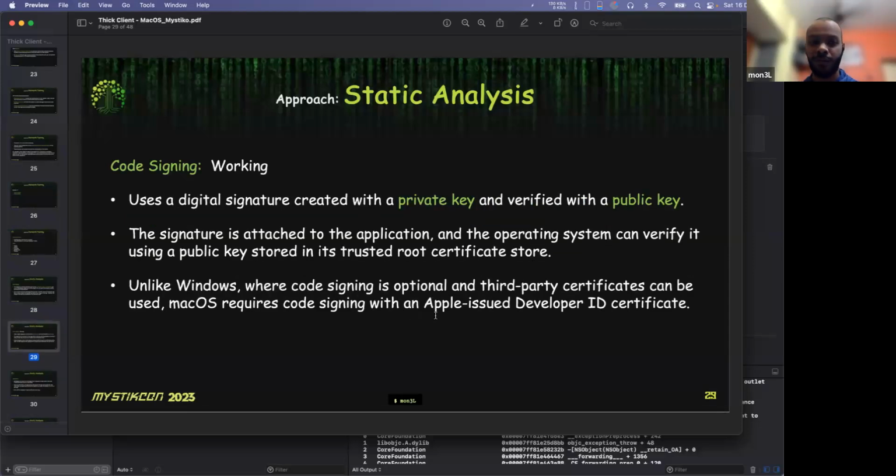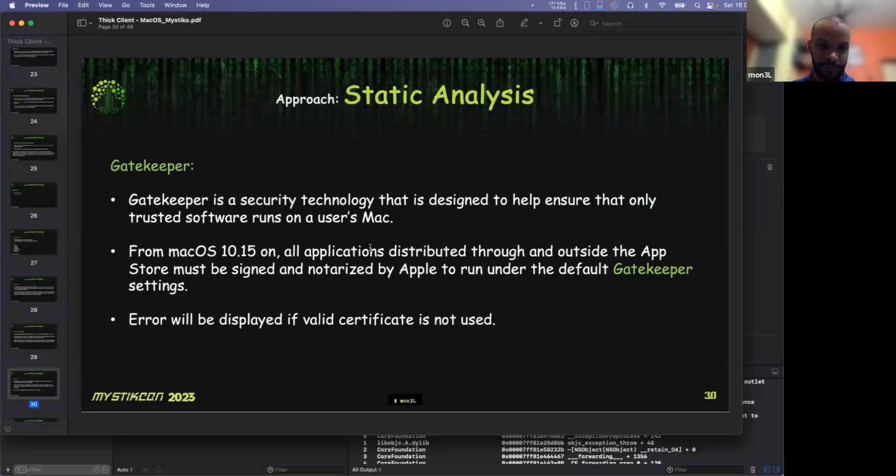How does this code signing work? Basically, it uses digital signatures with a private key and public key. Once the application is signed with the private key, my Mac verifies that application using the public key, to check whether the application is legitimate or not. There is one more thing to keep in mind, which is Gatekeeper. Gatekeeper is a security technology that is designed to help ensure that the trusted